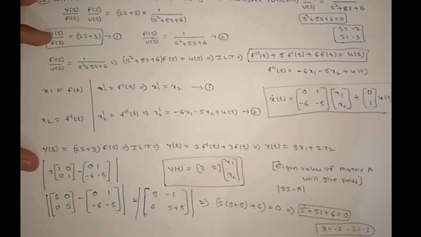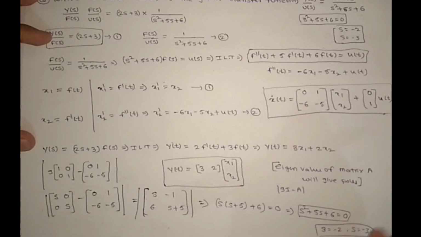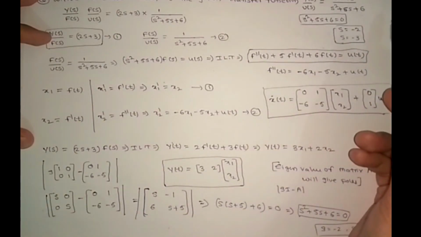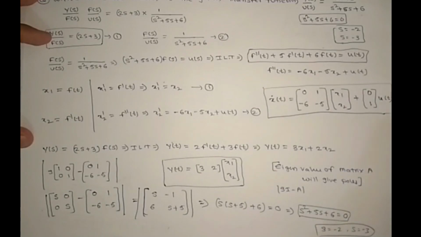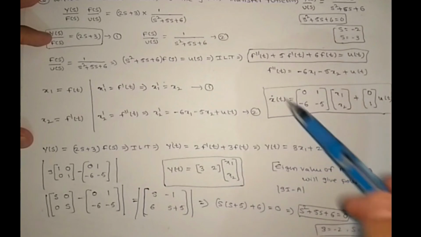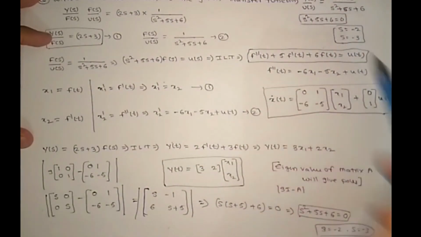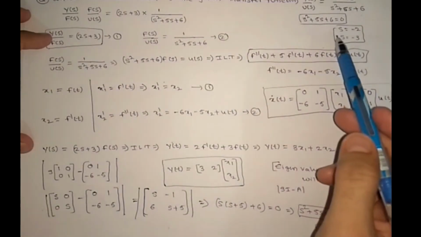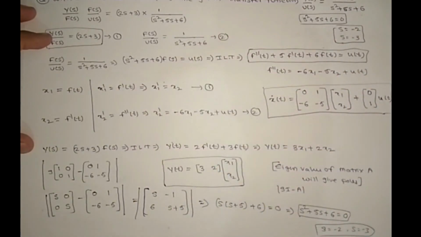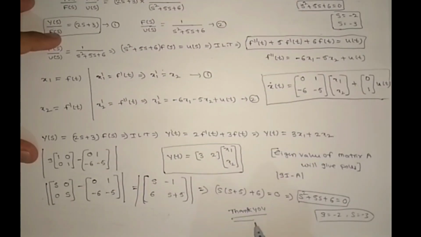So even if you go with the state model, you can find the poles, or you can go with the transfer function, you can also find the poles. This is the beauty of the state model. In the state model, everything we are solving in the time domain, but in the transfer function, everything we are solving in the frequency domain. So there we require a Laplace transform. Here we don't require it. Here, if we have linear algebra, then you can solve this one. Thank you.